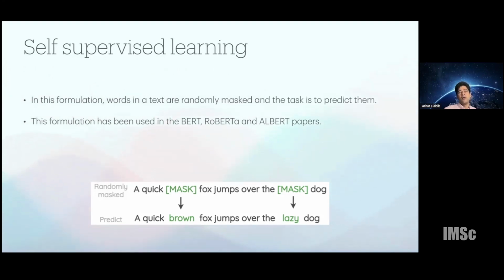And as you train over the model, it becomes better and better at figuring out what the masked word is. The interesting part about this is that when you do this over very large amounts of data, the model is able to figure out all the kinds of rules that you would want it to learn about a language, or even about a set of languages. So in this case, the large corpus fed to the model, like let's say Reddit conversations, could be several tens of terabytes in size.